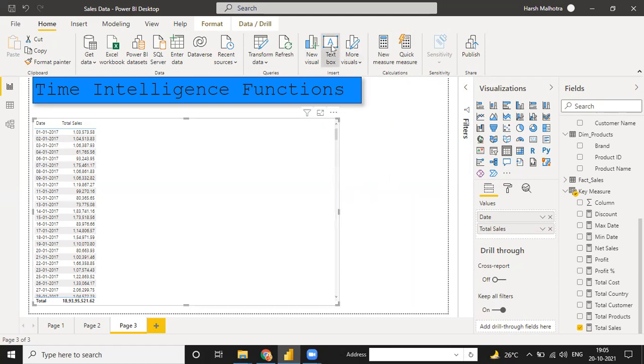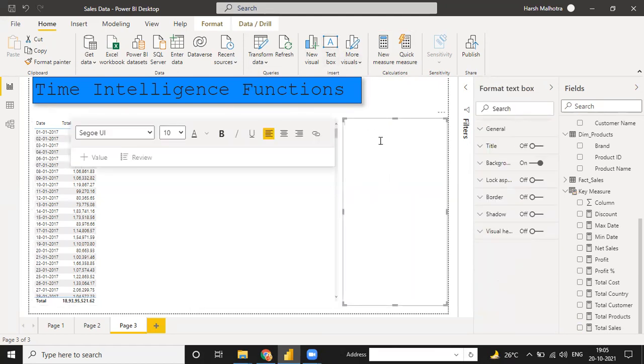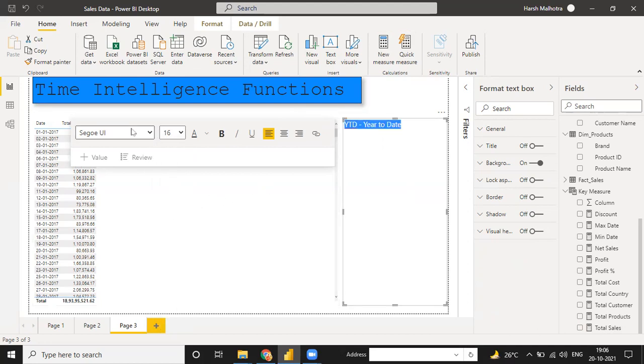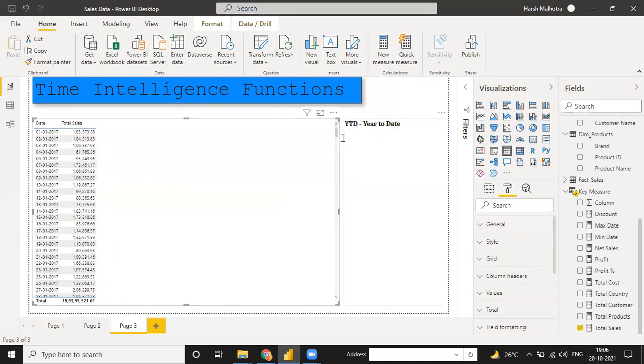Go to one text box here and I put it as YTD. So the first function we are using today is YTD, and YTD means year to date.